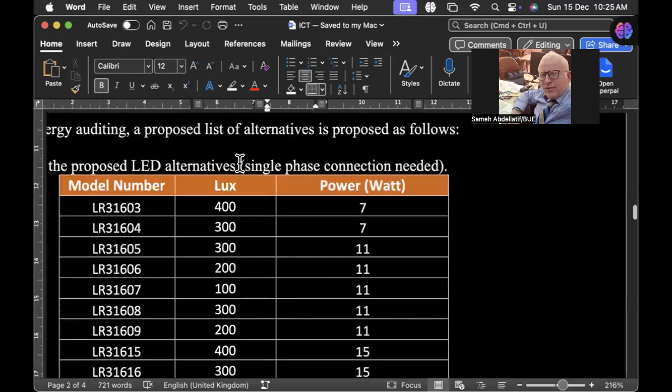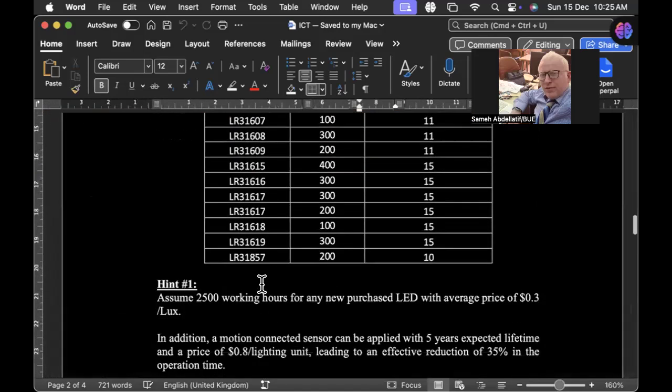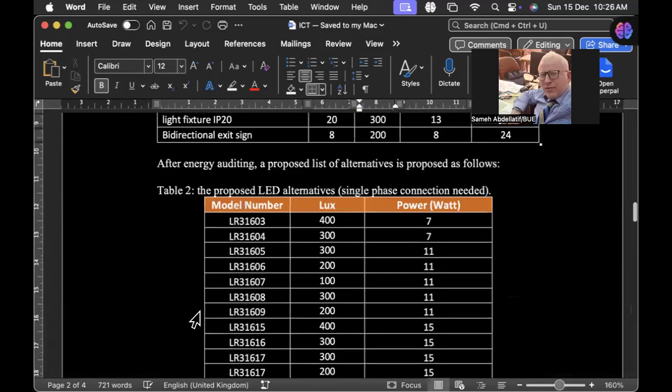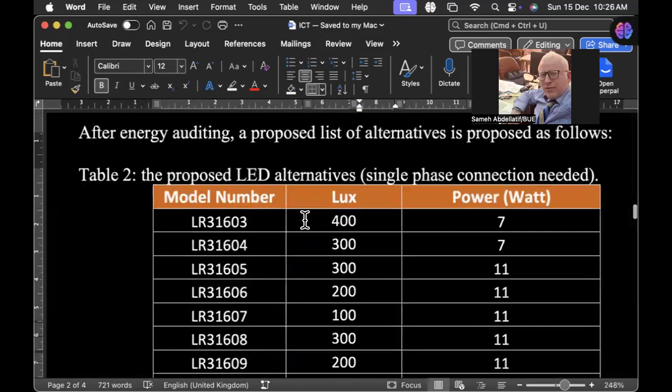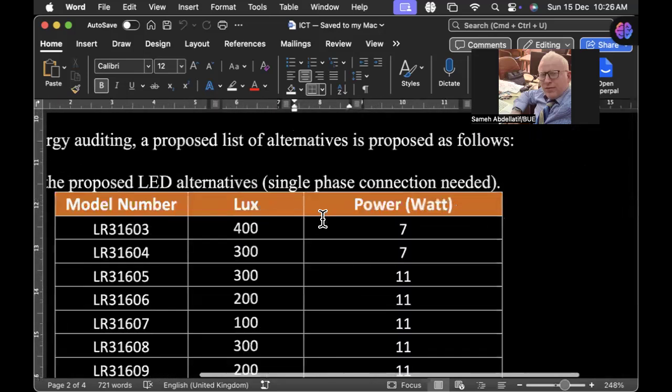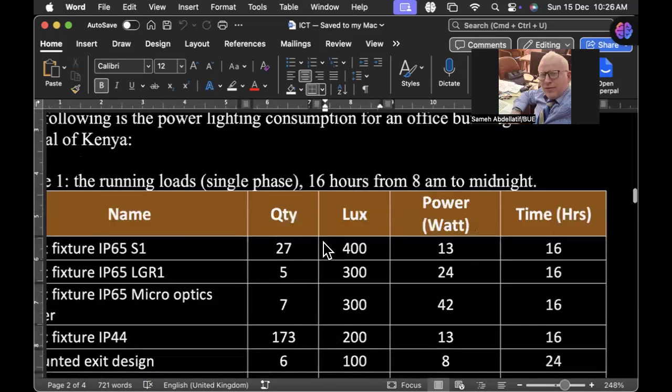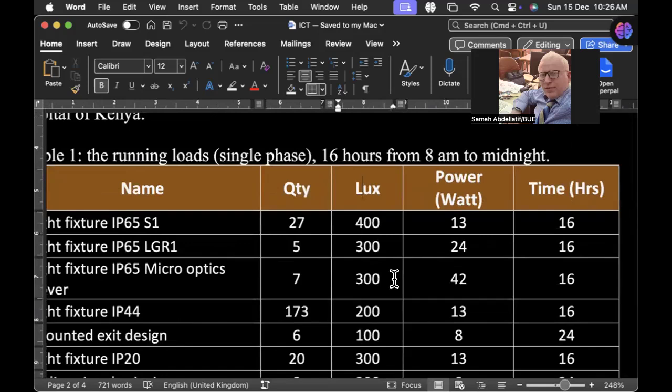But of course, here you have to consider the cost, and we're going to talk about it lower when you see it. Each LED is with an average price of $0.3 per lux. So whenever you buy this one, you will pay per unit 400 times 0.3 to get each of these LED sources. That's why you have to consider this cost, and this is what we are going to typically do in the next step. So first, what we are going to do is make a comparison between each